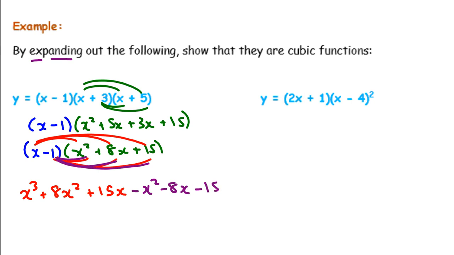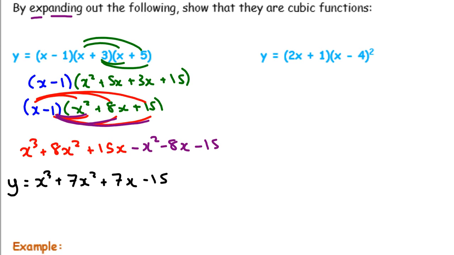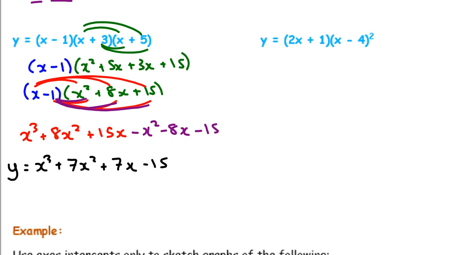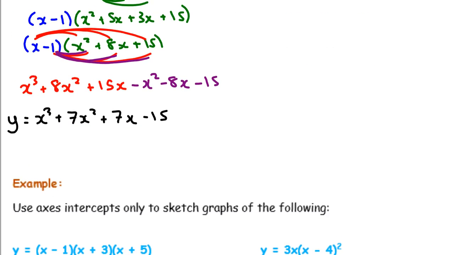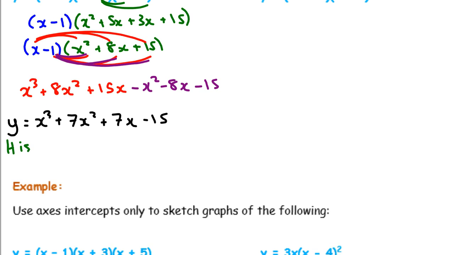Combine like terms and we end up getting y equals x cubed, 8x squared minus x squared is 7x squared, 15x minus 8x is 7x, minus 15. Just by coincidence it turned out that we got 7x squared and 7x. So we could say it is a cubic as the highest power of x